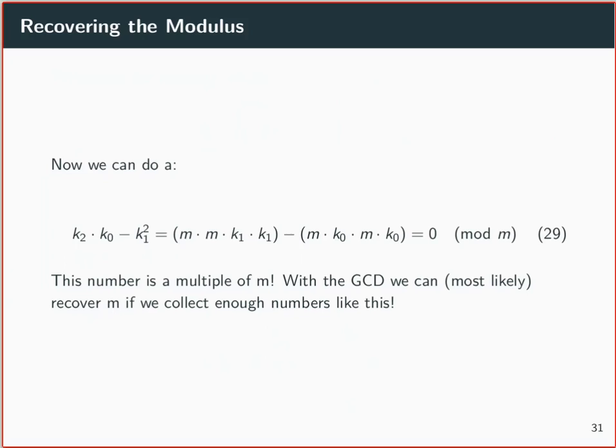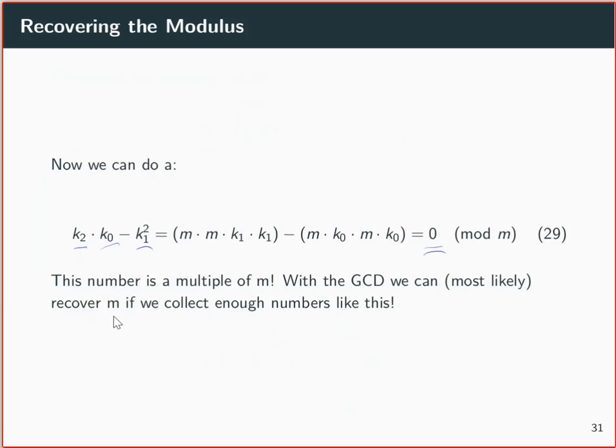We spin this further until K2, and now we can do this neat trick. Multiply K2 and K0, and then subtract K1 squared. As you can see, this will also be congruent to 0 mod m, so this number here only uses outputs,